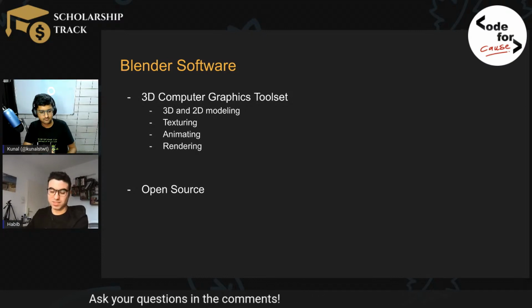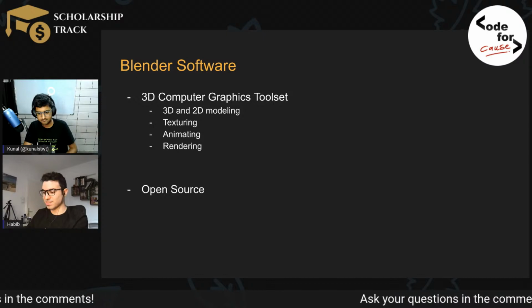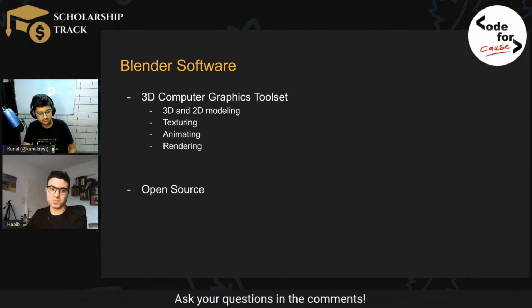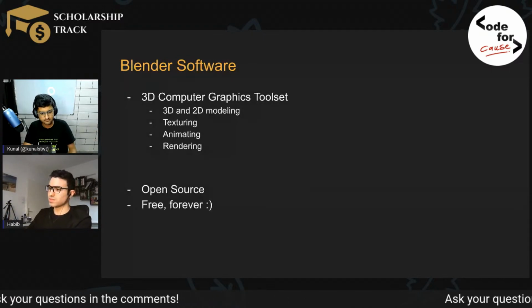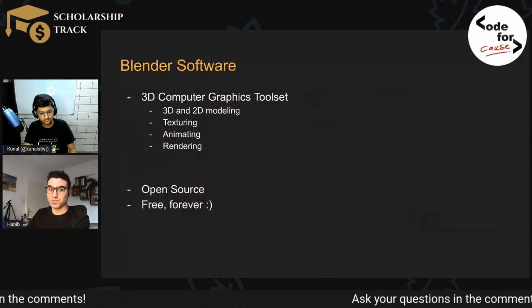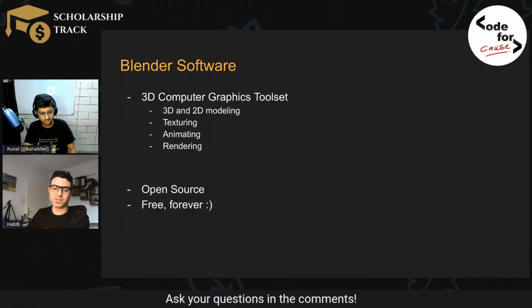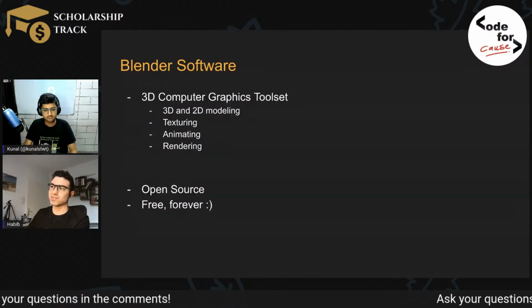The fun part is that it's open source. So there is a huge plus for Blender: it has a really big community that's coming from this open source, and what that means, of course, is that it's free and free forever. Actually, there are mechanisms put in place so that it does stay free forever. There are a lot of concerns, we will come into that, but